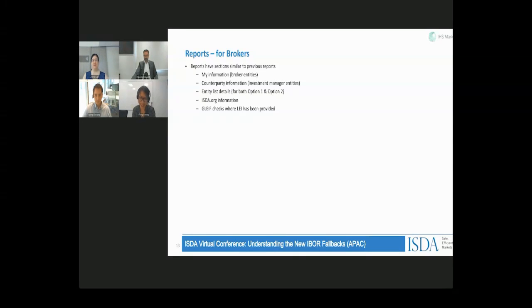We got a last minute question. Hi, is it mandatory for most banks on 2006 ISDA to subscribe to the protocols? That's a very good question. Obviously, it makes it a lot easier if you're going to subscribe to the protocol, because you'd simply be implementing your supplement in a one-stop way.